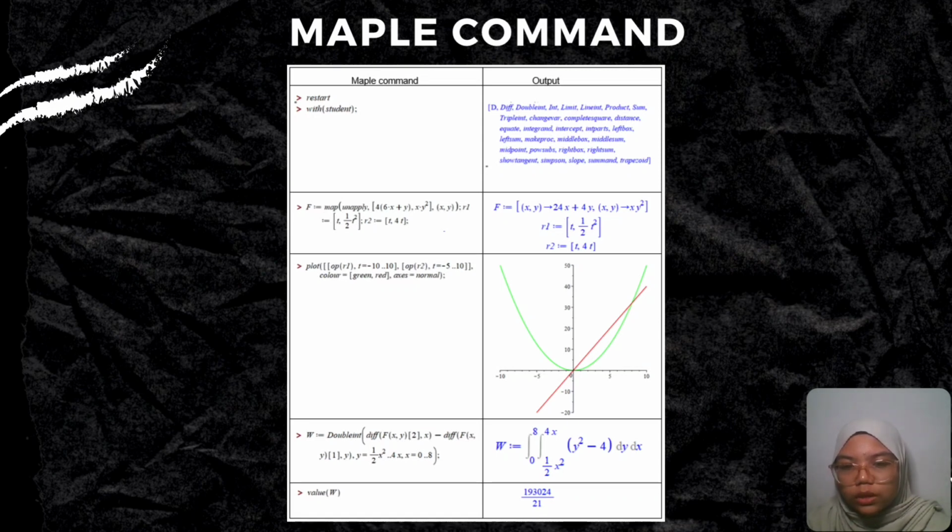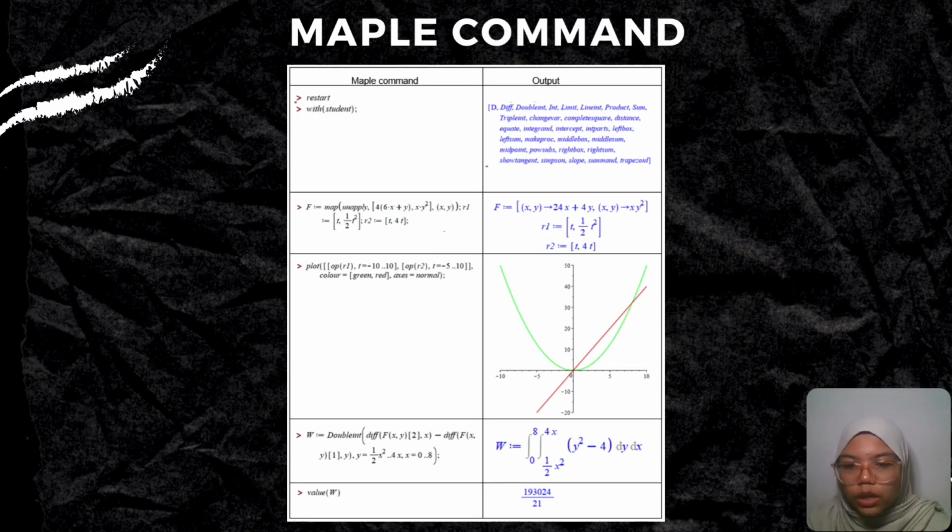Then we need to plot the graph. So plot [r1] and put the limit for the x-axis, t equals negative 10 to 10, and [r2] for the limit of the y-axis, t equals negative 5 to 10, and put color equals green, red, and axes equals normal. After the graph is displayed,